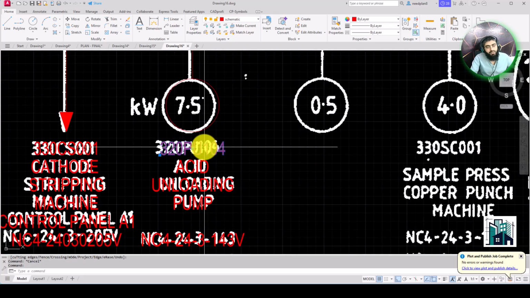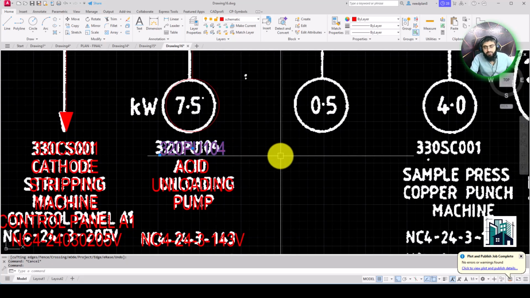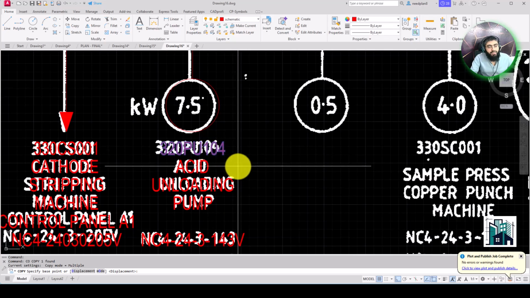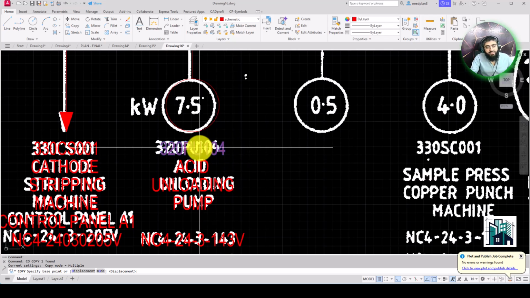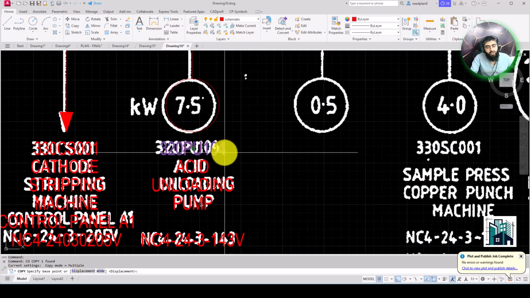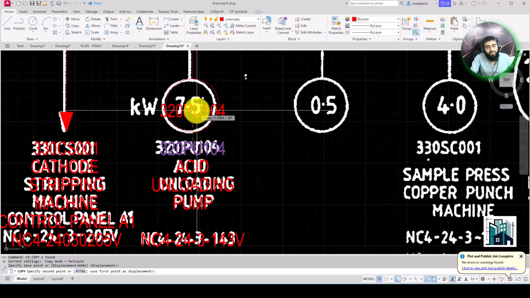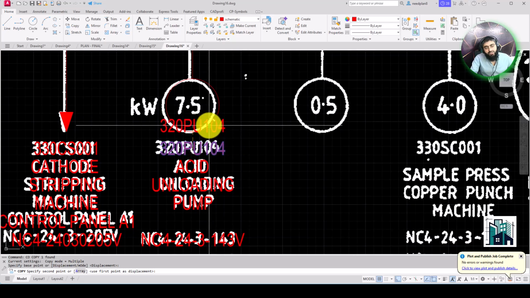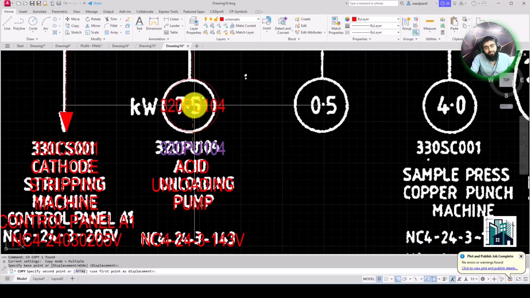So now I am going to copy this text and then hover the text cursor and come here. When you come near the center point, you will see the green dot. Click here and then select. When you hover the circle, you will see the midpoint of that circle.